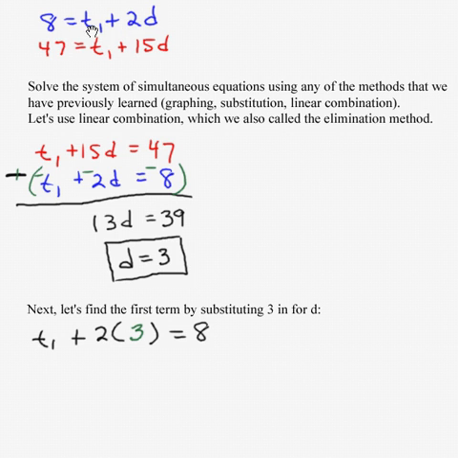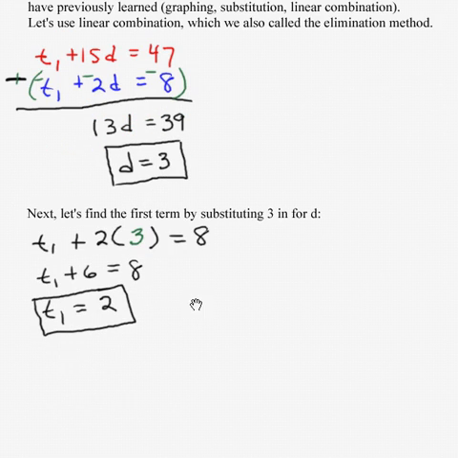So 8 is equal to the first term plus 2d. Replace d with 3. 2 times 3 is 6. To find t sub 1, subtract 6 from both sides, so that's 2. So now that I know the common difference is 3, the first term is 2, let's put that into the